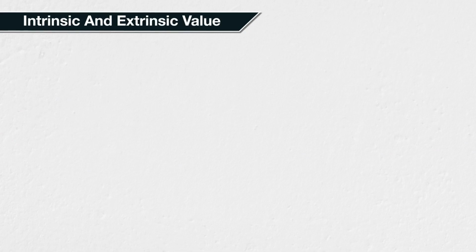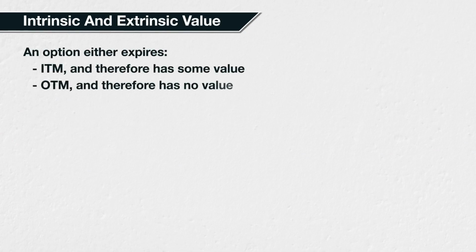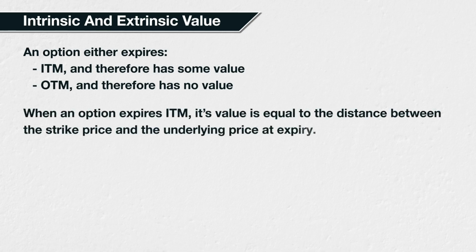An option either expires in the money, meaning it has some value, or it expires out of the money, meaning it expires worthless. Any option that expires precisely at the money also expires worthless. When an option expires in the money, its value is equal to the distance between the strike price and the